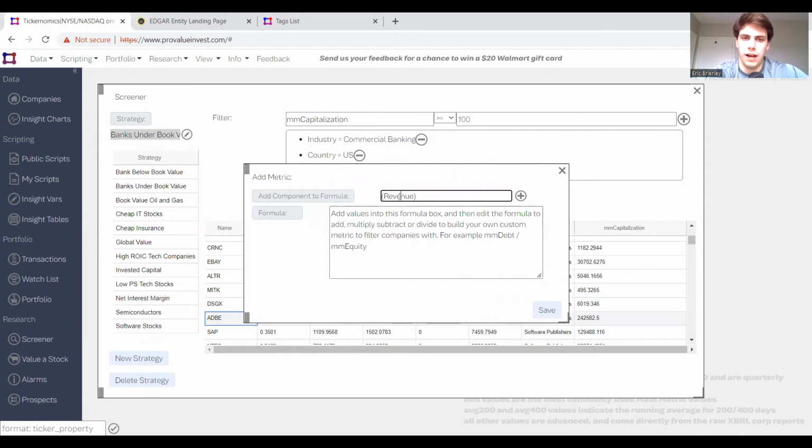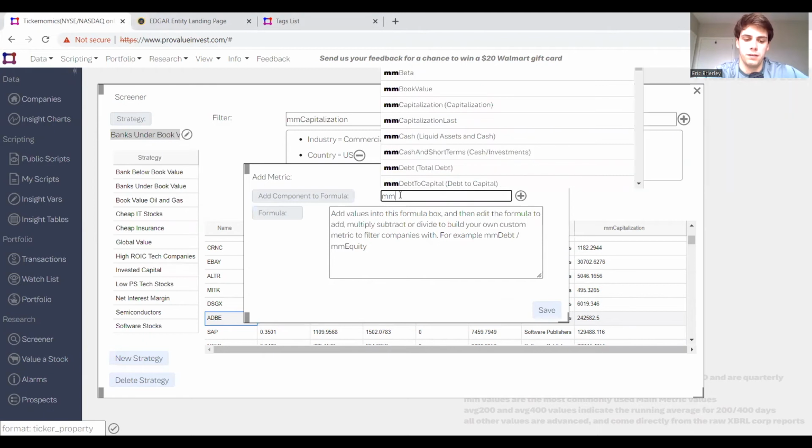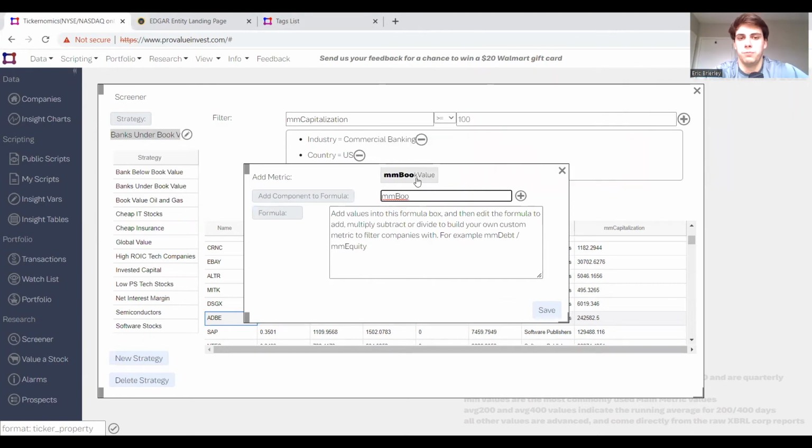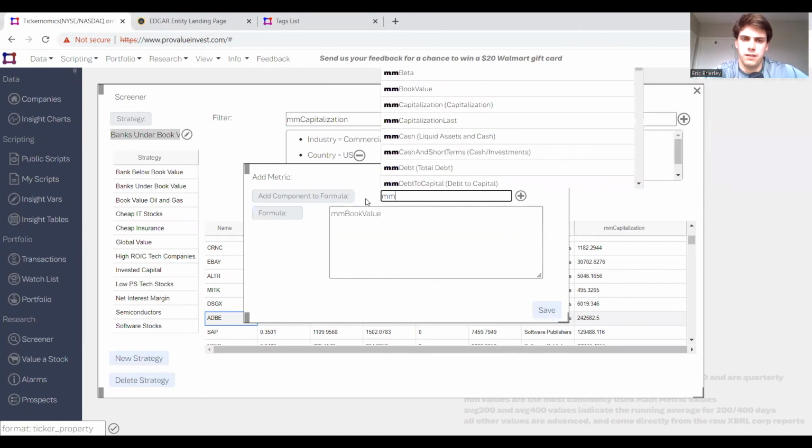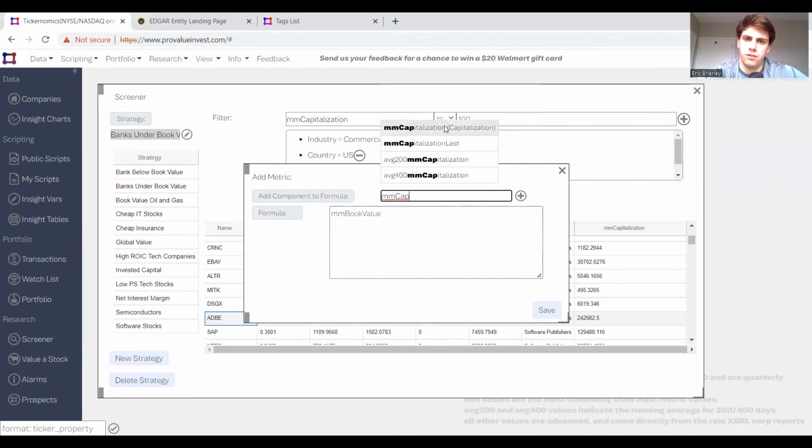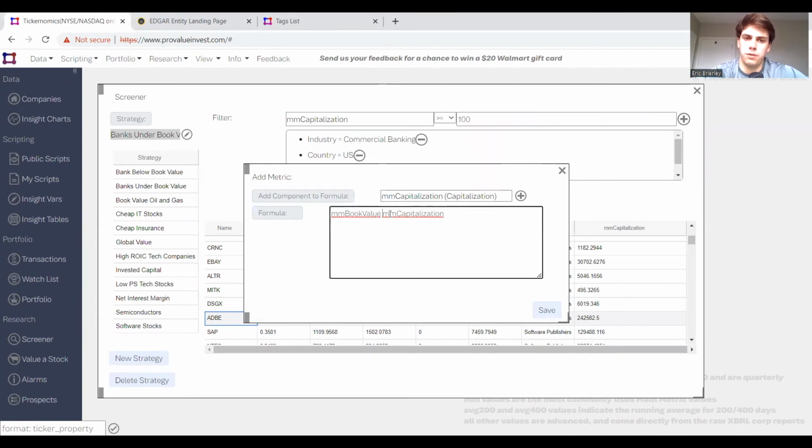And because we were looking at book value specifically, let's type in book value. So book value, which is book value in millions. Then we put that in, and then market cap, which is just capitalization here. So add that in, and then it's going to automatically go to a plus, but say we want to make sure it's divided here. So we have book value divided by market cap,